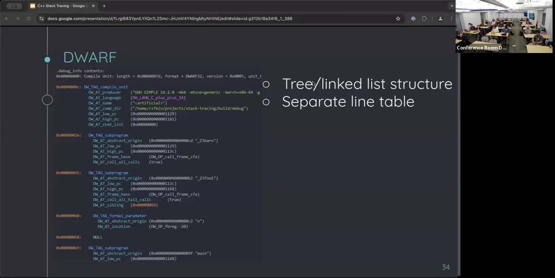Then we see a subprogram node; this is the subprogram for main. This next subprogram is foo. And you can see foo's formal parameters, as it's called in DWARF,